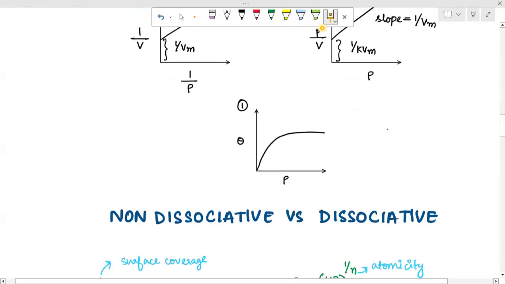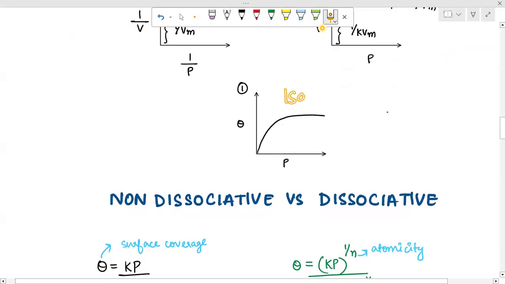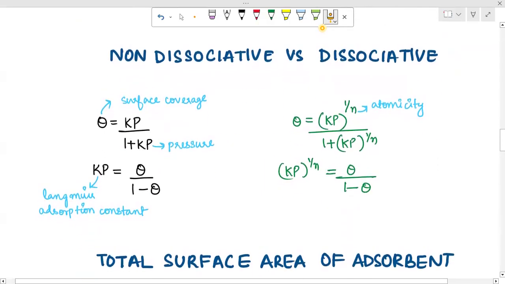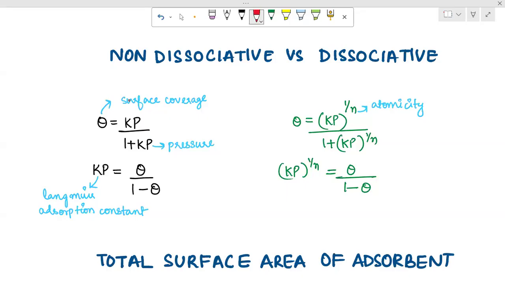Also, Langmuir curve, the most important curve. This is just seen as the isotherm, which we already saw, theta versus P. You get a curve like this, which is attaining saturation. Now, most students make mistake over here because they don't read the question well. If nothing is asked or mentioned in the question, you have to understand that the type by which the adsorption is happening is non-dissociative. By default, this is the default case. Nothing is mentioned, so this is a default case.